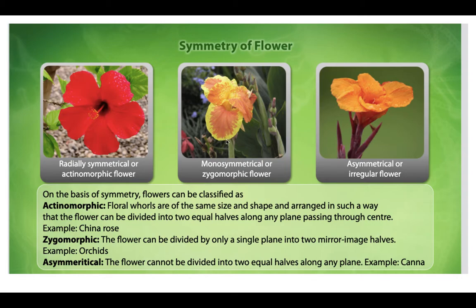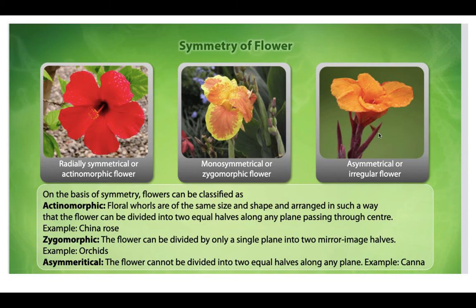These are also known as monosymmetrical. The flower can be divided by only a single plane into two mirror image halves. Example is orchid flower. And asymmetrical or irregular type of flower that you can see in this figure,